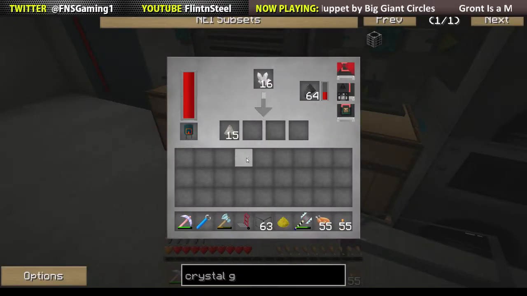Okay, I need 5 to get started. 5, 6, 7, 8. Let's get 8. Let's see. We'll do it right. Oh, there's only 9 left. We'll let the whole thing go, and then we'll make our quartz glass, our ME cables, and that type of thing. So...